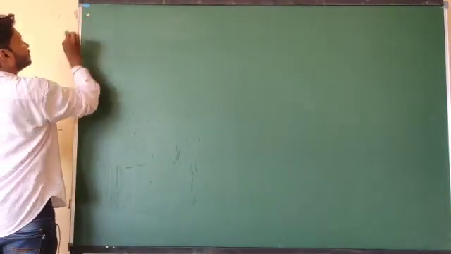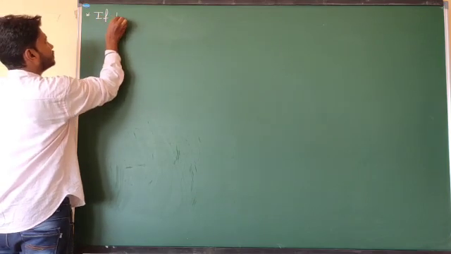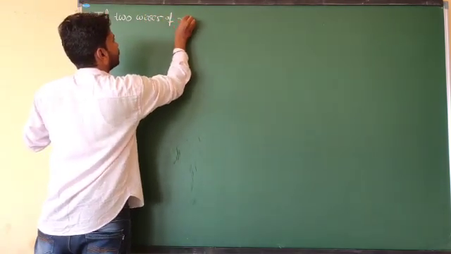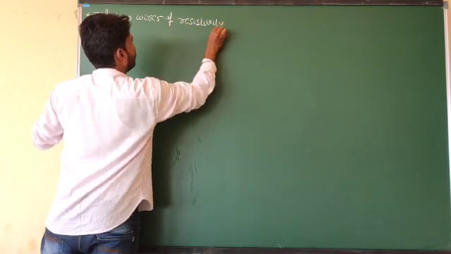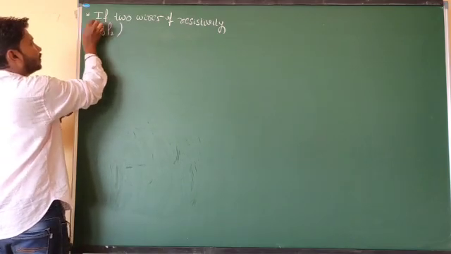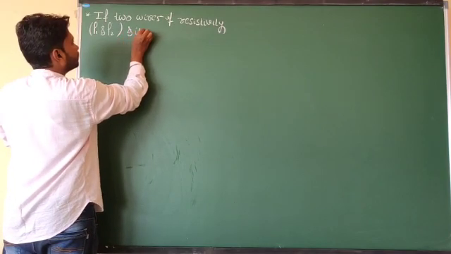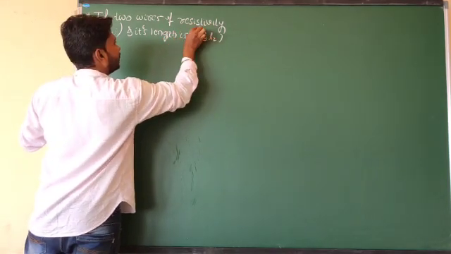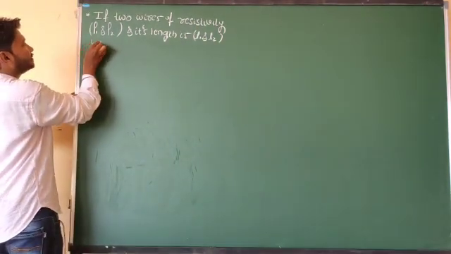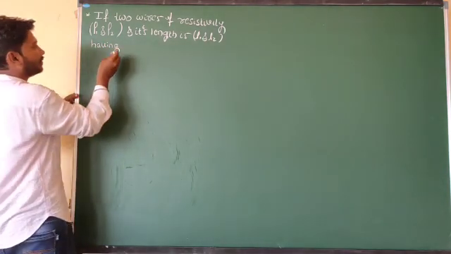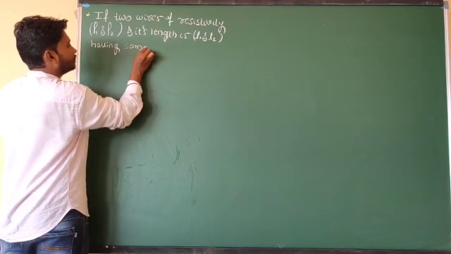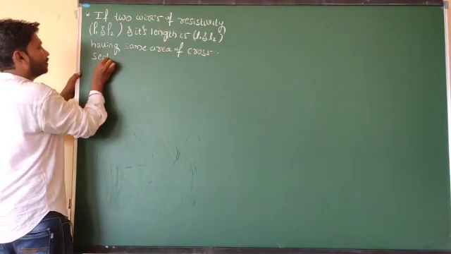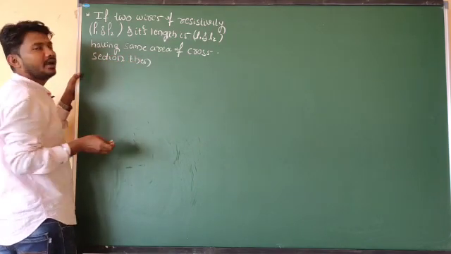So look here. Two wires of resistivity ρ1 and ρ2 and lengths L1 and L2, having the same area of cross section. Then the effective resistivity is...